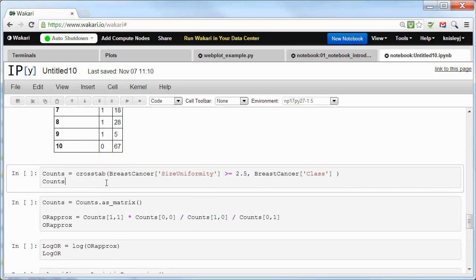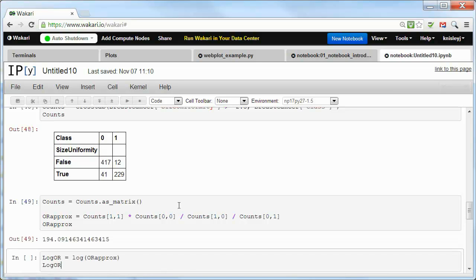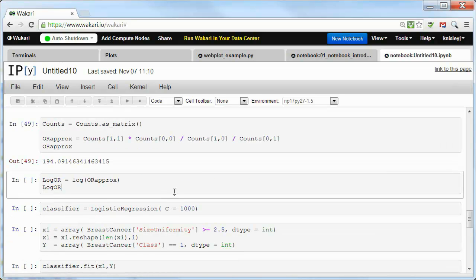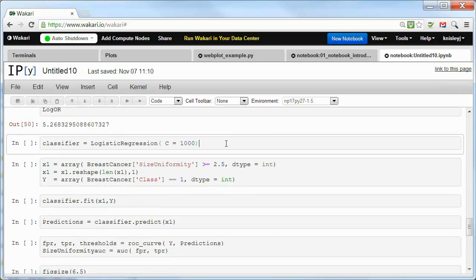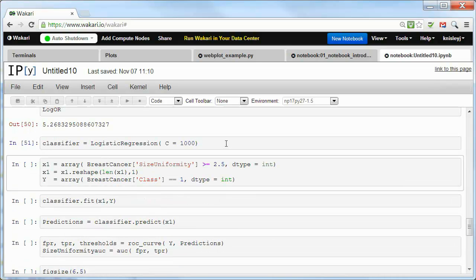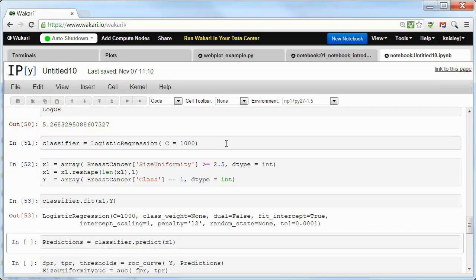And so notice this next one is only greater than or equal to 2.5, and there's our odds ratio approximation, our log odds ratio. I'm going to look at the classifier, and no surprise, it's going to give us the same log odds ratio. So we get W1 in both cases to be this